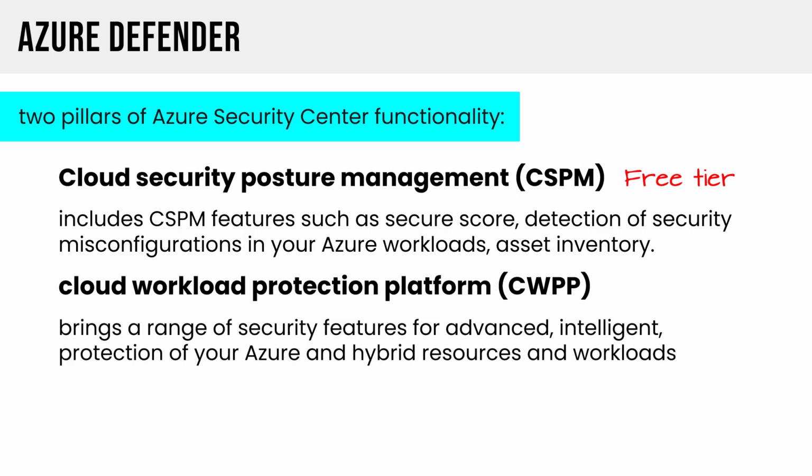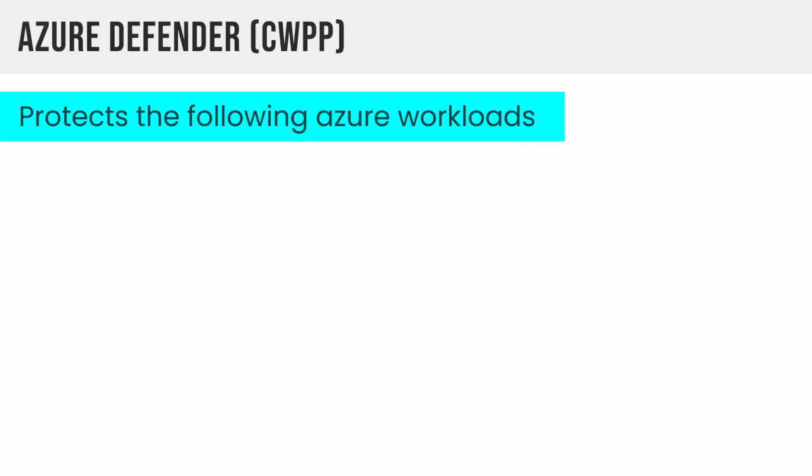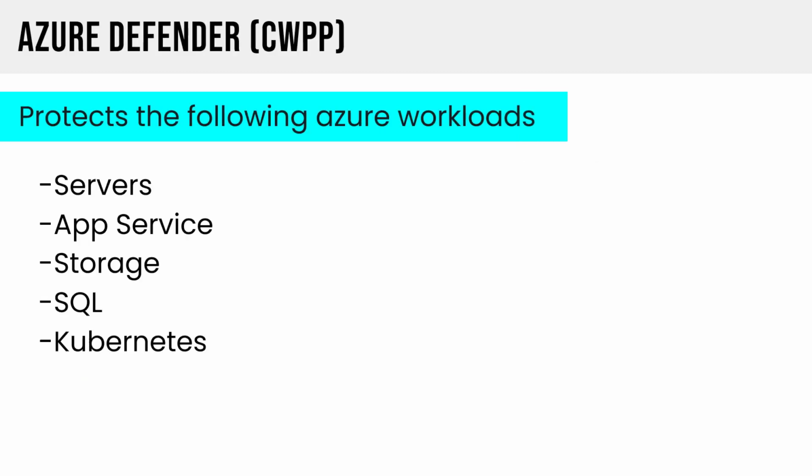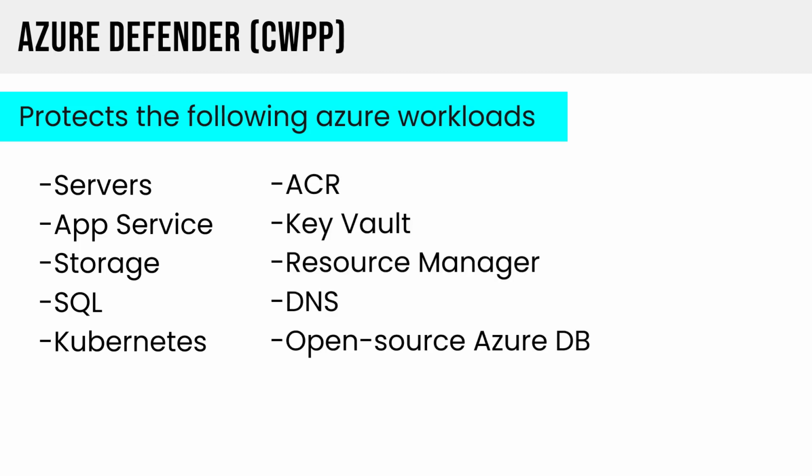And then we have Cloud Workload Protection Platform. This is that Azure Defender functionality that brings advanced intelligent protection of not only Azure workloads but hybrid resources. We can reach into on-premises virtual machines, for example, and other workloads. This is standard tier functionality. You're going to pay something for this, generally speaking. And it protects a number of different workloads. It'll touch servers, including VMs, app service, storage, SQL, Kubernetes, Azure Key Vault, Azure Container Registry, Resource Manager, DNS, open